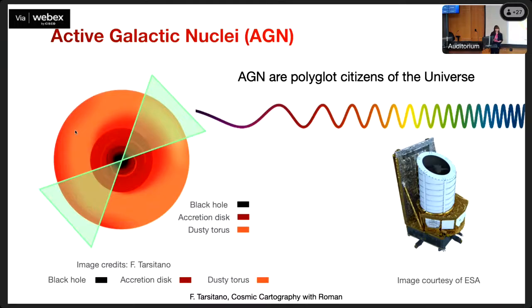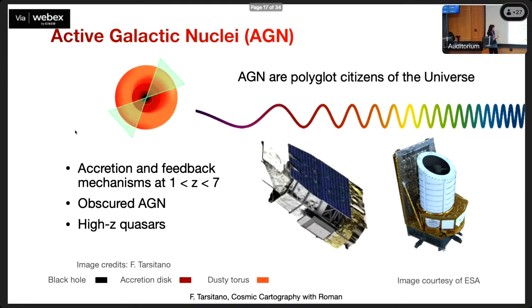However, more accurate photometric redshift can be key also in the domain of galaxy evolution, and in particular in dual AGN science. So in this second part of my presentation, I would like to walk you through an example. We can consider AGN as polyglot citizens of the universe, as their emitted radiation can be detected across the full electromagnetic spectrum. And a survey like Euclid is very fluent in a couple of these languages, operating in the optical to near infrared. And teaming up with Rubin, we can definitely target way better the accretion and feedback mechanism